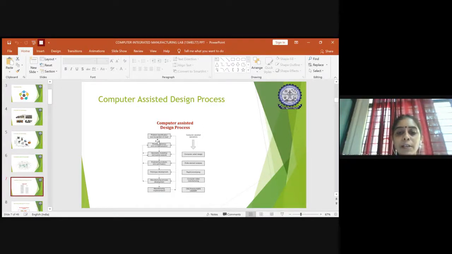Usually we used to identify the problem, define it, do the geometrical modeling, do the actual engineering analysis and optimization, then do the miniature prototype development and check whether it is working properly or not, and then go for manufacturing. This was the actual one.